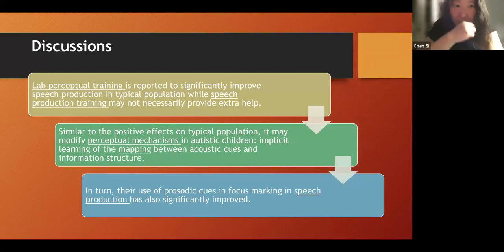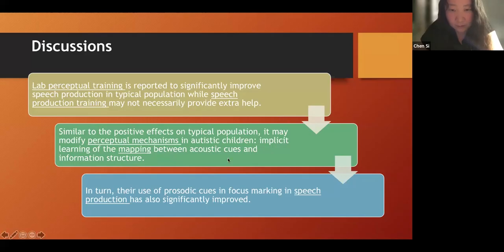So we chose the lab perceptual training because it has been reported to be effective in typical population, while speech production training may not necessarily provide extra help. So similar to the positive effects on typical population, this type of training can actually modify perceptual mechanisms in autistic children.